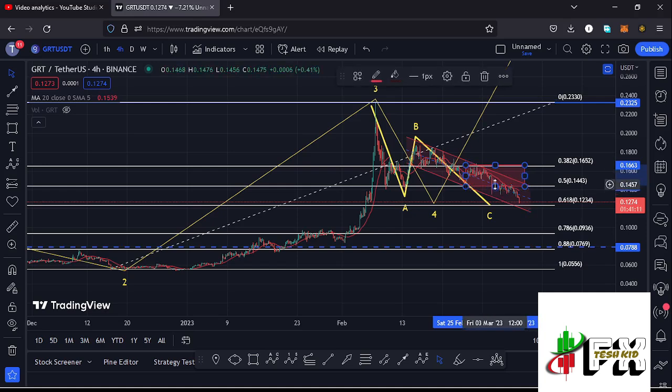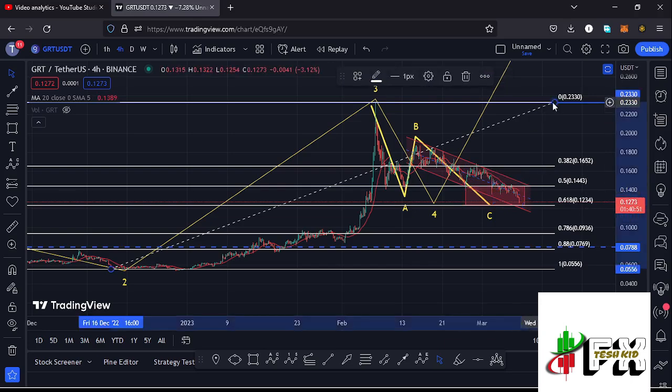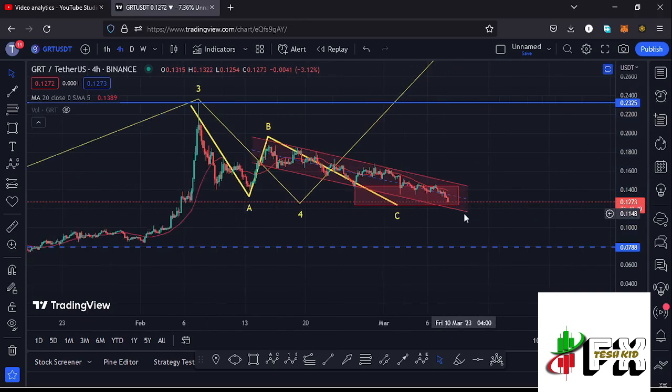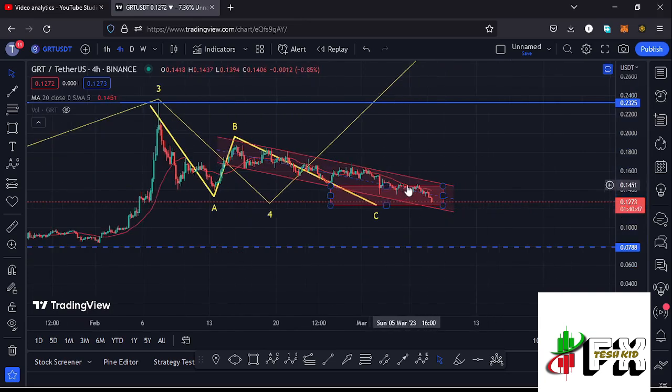And upon losing the fib level 0.5, I had to extend the target area back to the fib level 0.618, so that now the target area lies between the $0.1652 mark and the $0.1234 mark, and it is within this target area over here that I'm expecting to see the low for this fourth wave to the lower side. And you can see we have also managed to get into the area between the fib level 0.5 and the fib level 0.618, meaning that there are chances that we have now seen the low for this fourth wave to